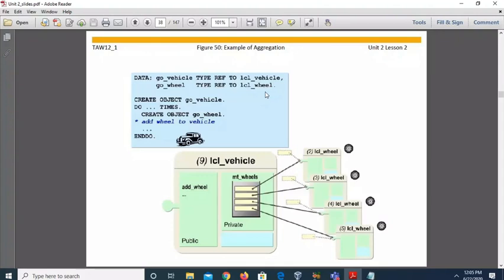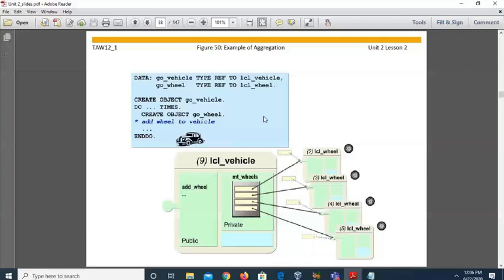Suppose you want to create a vehicle object, how can we create it? Create object go_vehicle. Now if you want to insert these 4 vehicles into a car, the vehicles are again objects, so firstly we need to create the objects. No need to again write go_vehicle type ref to LCL_vehicle, then go_vehicle2 type ref to LCL_vehicle, go_vehicle3 type ref to this one.